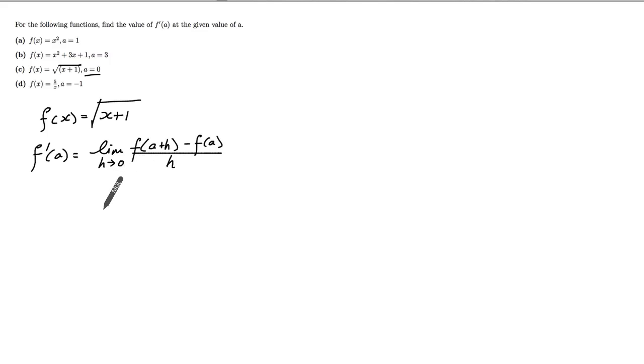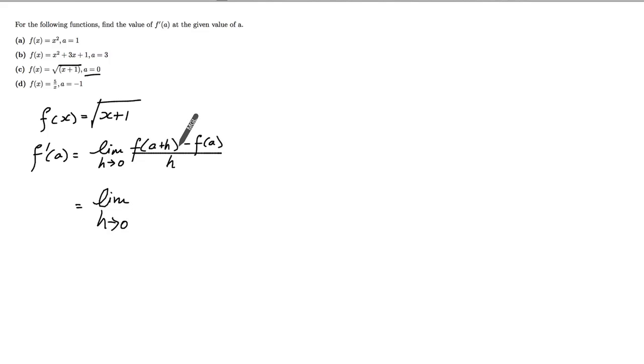So part C, again, asks us to evaluate f prime of a for an f of x that is equal to the square root of x plus 1, and a is equal to 0. So let's first find f prime of a for the function square root of x plus 1. And then once we have f prime of a, we can plug in 0 for the value of a. So again, our definition of the derivative at point a,